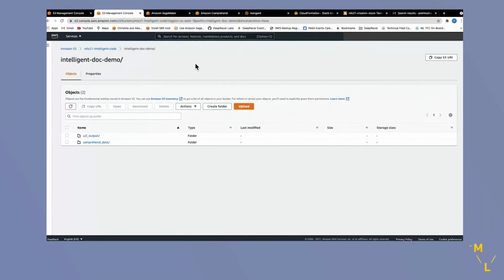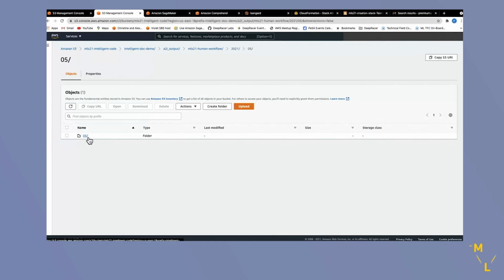Okay, now that we have submitted our A2I task, let's go and see the results. So if you recollect, we created a first bucket where we uploaded the code, and we also created an A2I output folder in that bucket. So the results of the A2I job and the JSON annotation that it produced will be in this folder. So we are here, A2I output. There you go. This is the output from A2I.